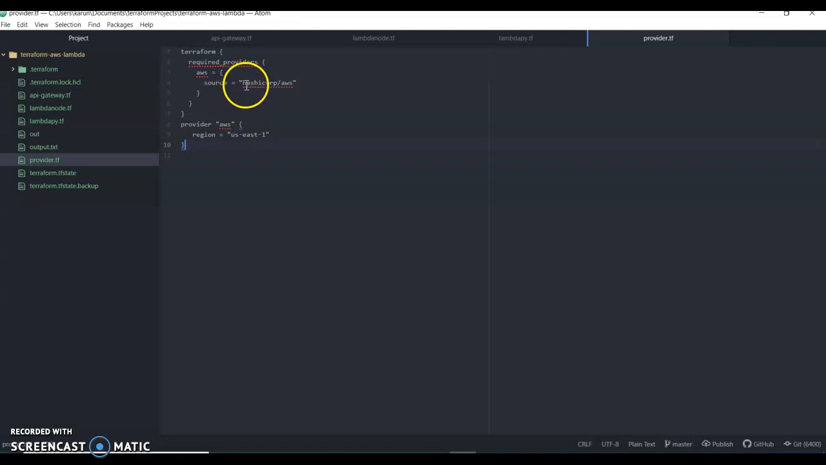HashiCorp, which is the inventor of Terraform, has provided a provider for AWS. That's hashicorp/aws. And then the provider aws should have a region. The region on which we are going to create the resources has to be mentioned here. Provider aws, and then the region is equal to us-east-1, which is the region we have chosen. This can be changed to anything. And then once we do that, let's save this file and create another file called